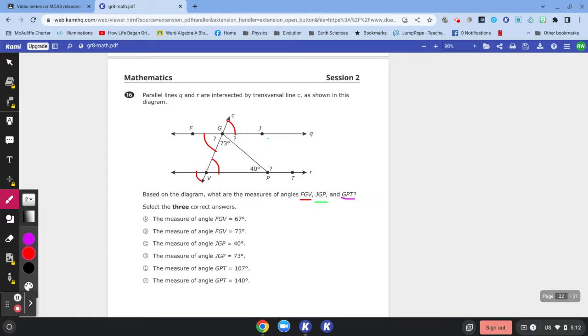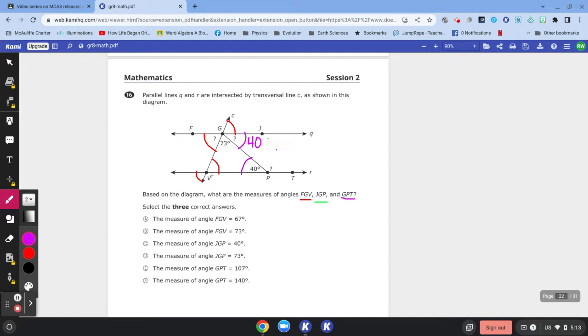Okay, but that doesn't help us directly, but it could help us think about another pair of angles that are congruent, which will help us. So this angle here forms an alternate interior angle with this unknown, which is one of the ones we want. It's JGP, I believe. Yes, JGP. So now we know that JGP is 40 degrees because it's got to be the same